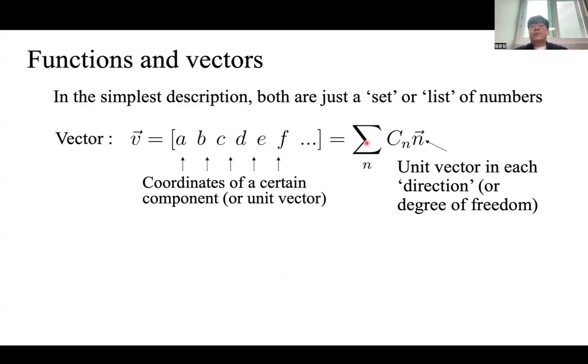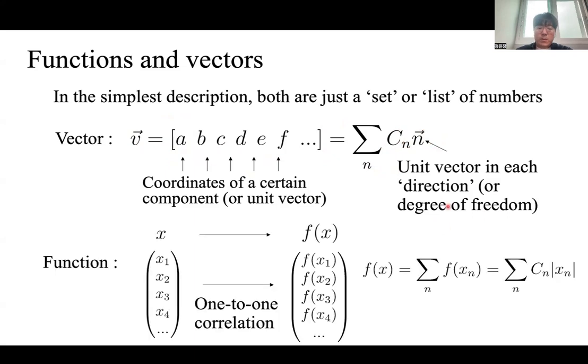So as I said, finally, right before we start actually discussing perturbation theory, I want to go over this concept of functions and vectors because they're used oftentimes interchangeably in quantum mechanics, and I don't want you to be confused about why that's the case. So let's look at what a vector is. If you expand this concept to be larger than 3 dimensions, you can write it like this. All a vector is, is a list of information. I have coordinates for a certain component, and this is a list of those components. So mathematically, I can write it like this. It's a sum of some coefficients multiplied by the unit vectors for each of those components,